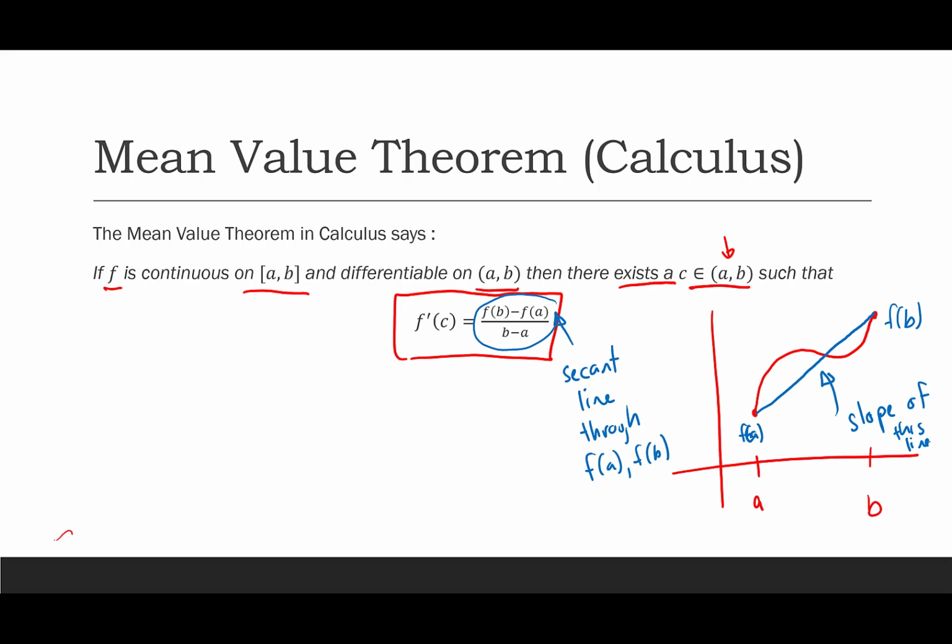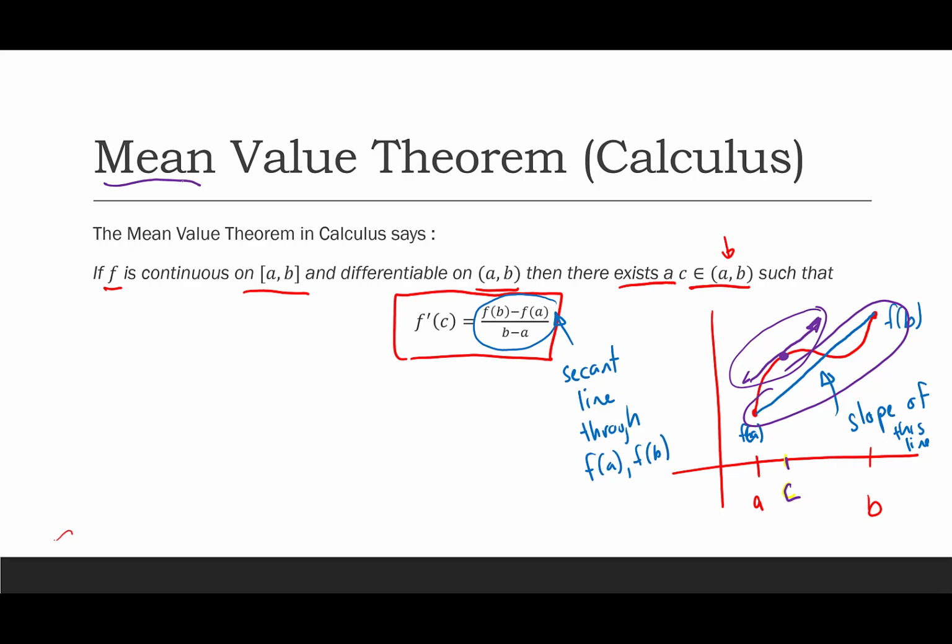Now what the mean value theorem is saying is that there's some point in this interval, which from our graph looks like it's probably going to be about right here, c. Let's use a different color that you can actually see. Let's use purple. There we go. So there's some point in this interval (a, b), and we're going to call it c, where the derivative, remember the derivative is just the slope of the tangent line. So you're going to get some point where the slope of the tangent line is actually equal to the slope of the secant line right here. Notice these two lines have the same slope. And that's what the mean value theorem is saying.